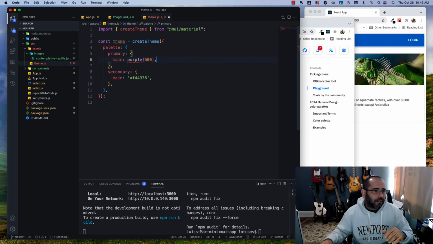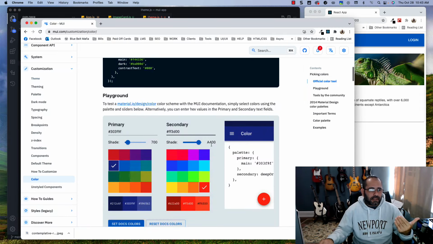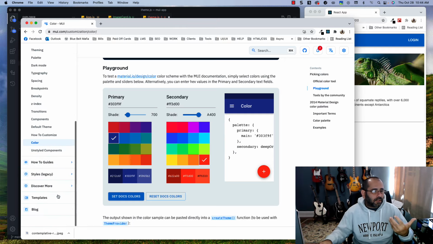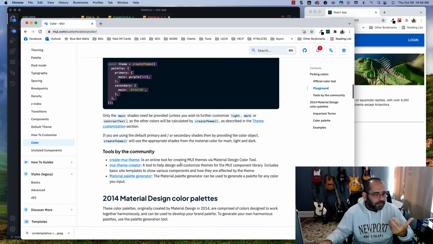Okay, so the first thing you're going to do is set up a palette. The palette is, like I said, this right here: which one you want to be your primary colors and your secondary colors and all that. So if you want to know what your palettes are or what they should be, if you go to,